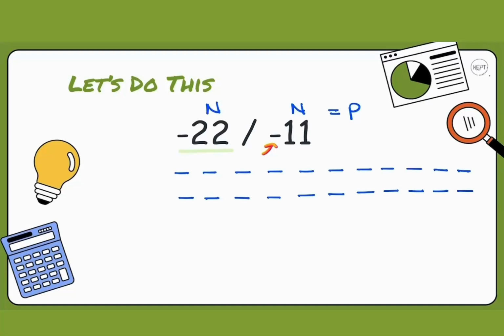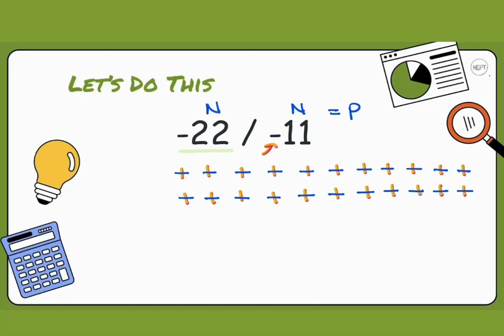So this negative tells us that we need to change all of those negative pieces that we have to the opposite. So we're going to change them 1, 2, 3, 4, 5, 6, 7, 8, 9, 10, 11, 12, 13, 14, 15, 16, 17, 18, 19, 20, 21, and 22. So this now shows us that we have 22 positive pieces, and we want to divide those out into groups